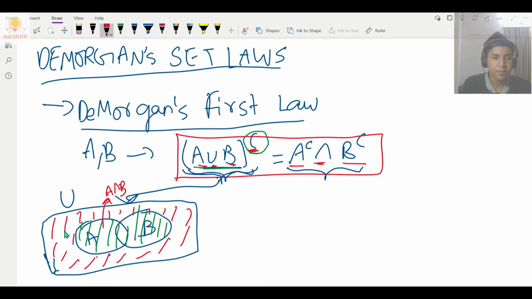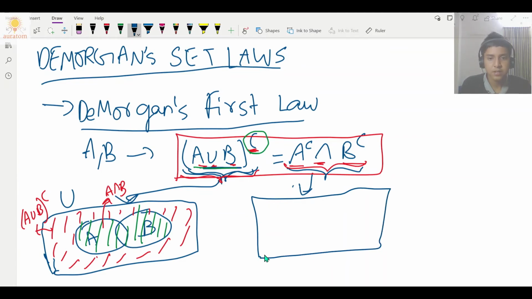So this red part here is the left hand side of this equation, which is A union B whole complement, right? And now let's shade the right hand side of the equation in Venn diagrams too, okay? So we are going to take this part, and here also since we are dealing with absolute complements, we have to take a big universal set like this. And now we can take the sets A and B inside them.